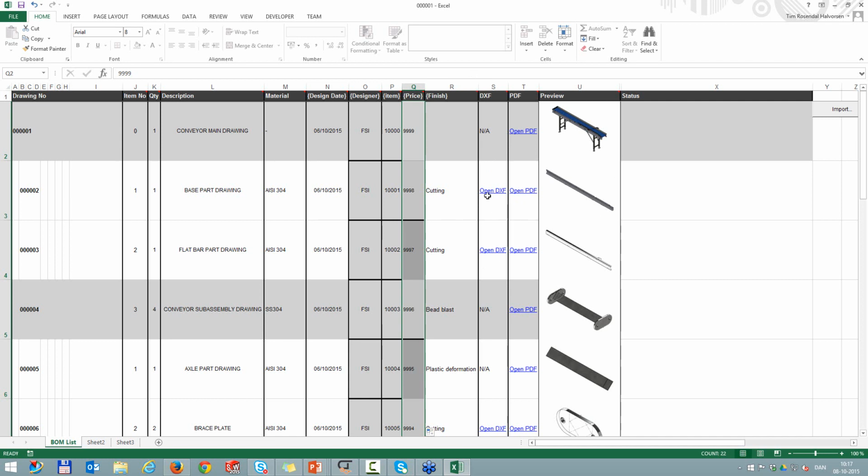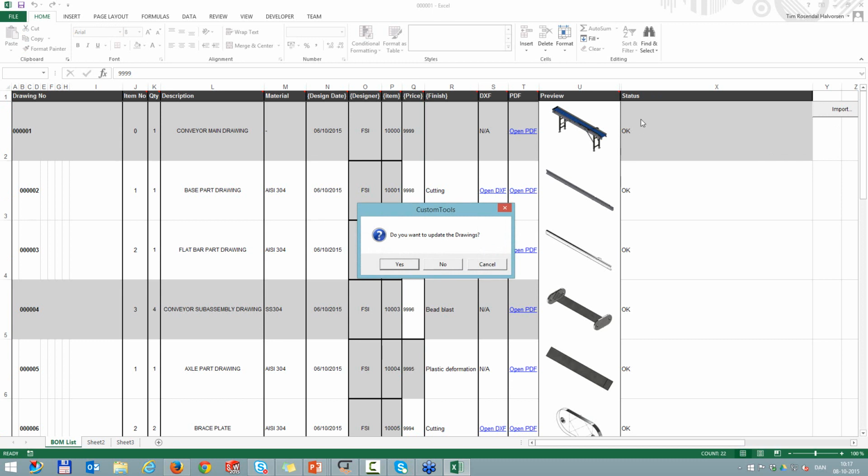But when we are satisfied with the data that we added to this Excel file, we can now import this back to SolidWorks files. So I'll just click the OK or the import, and we get a status that everything is okay. At this point, if this was done by a SolidWorks user, all of these new properties would already exist inside our SolidWorks files. We could cancel and just open the file, but they are not in our custom tools database yet. So really we should select what we would like to do.